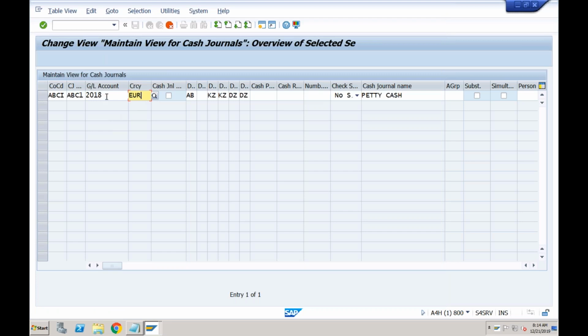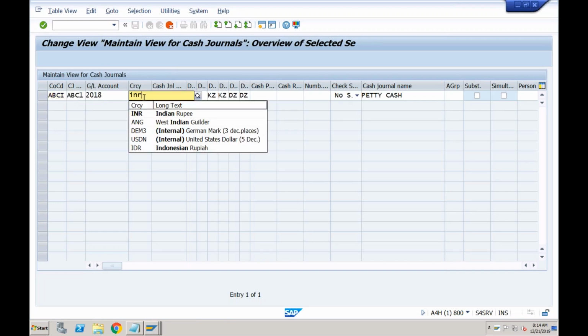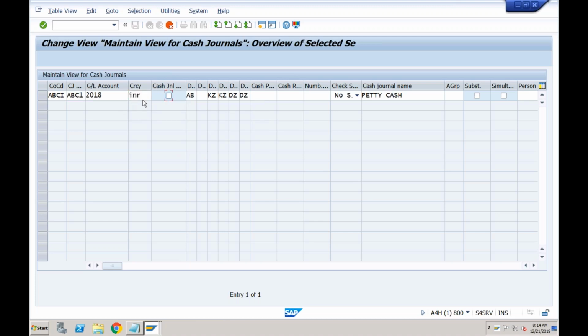Okay, what is the currency of this particular petty cash box? What amount are you going to store in this petty cash box? It is going to be INR. If you are working in US, you will be entering USD. If you are working in Europe, you will be using currency Euro. And this is where you have to specify the document type. By default, as I told you, SAP provides AB for the normal document posting, KZ if you are making vendor payments, and DZ if you are making customer payments, right? But we created CJ. So if you want, you can assign CJ here. Also, if you want to assign CJ to all the different types of documents, you can assign that. Okay, I'm keeping it the same. I'm not changing anything here.